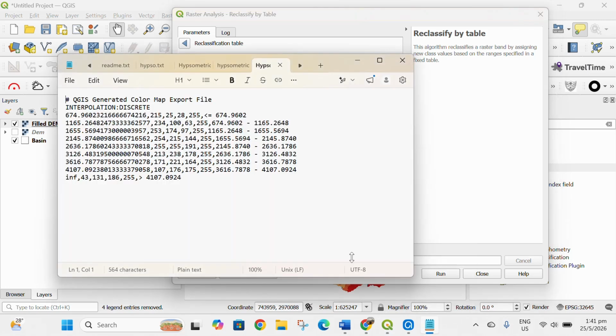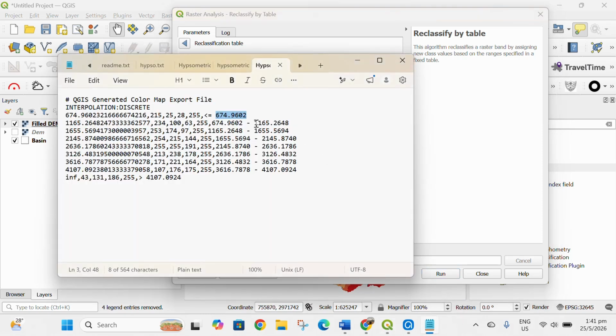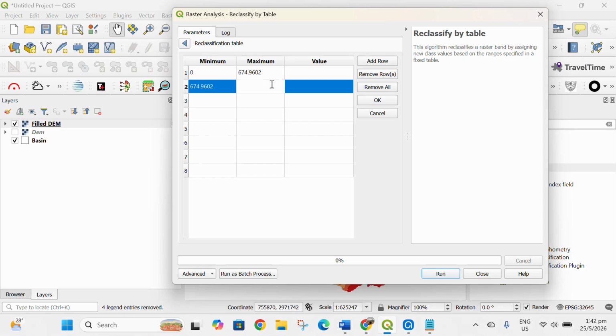Then I have to enter the minimum and the maximum value. So the maximum value for the first classification is the value 0. Then you will copy the second value,